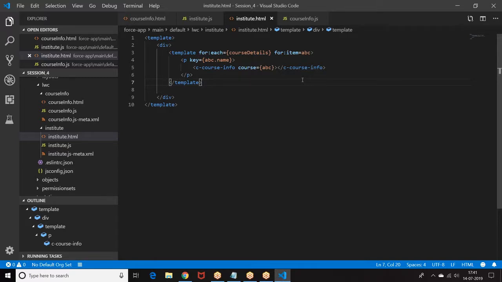This is how we are given. Now, here it is like a component, and the component has got attributes. This is what I explained in the last session.